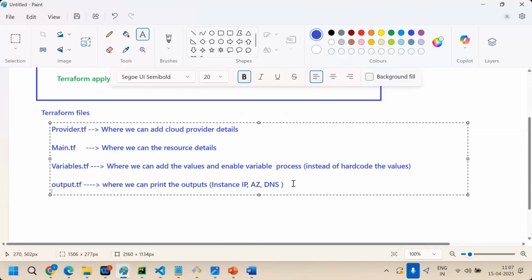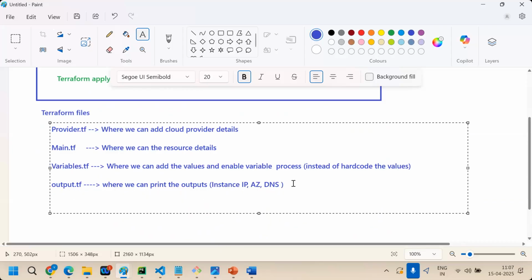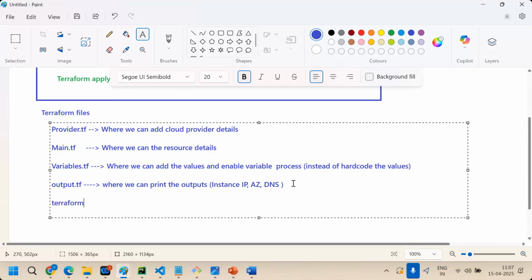Next, terraform.tfvars, where we can insert the values into variables. By using terraform.tfvars, we can insert the values into variables.